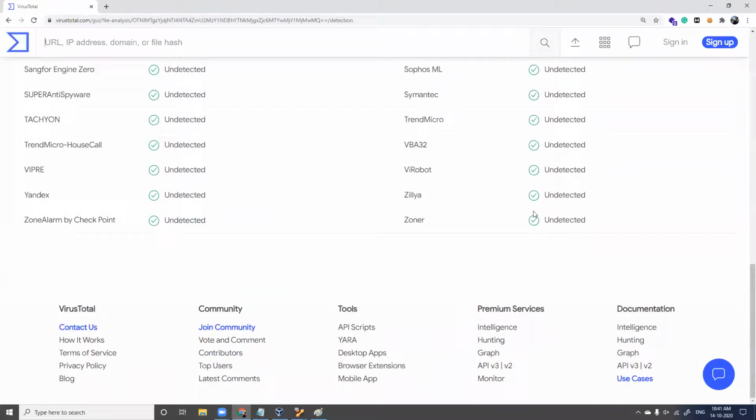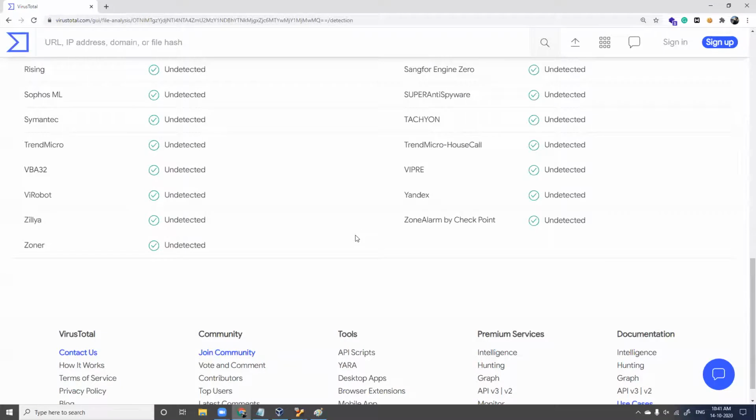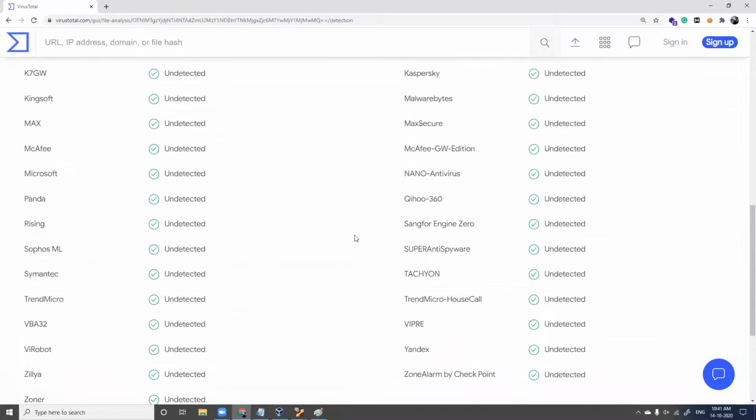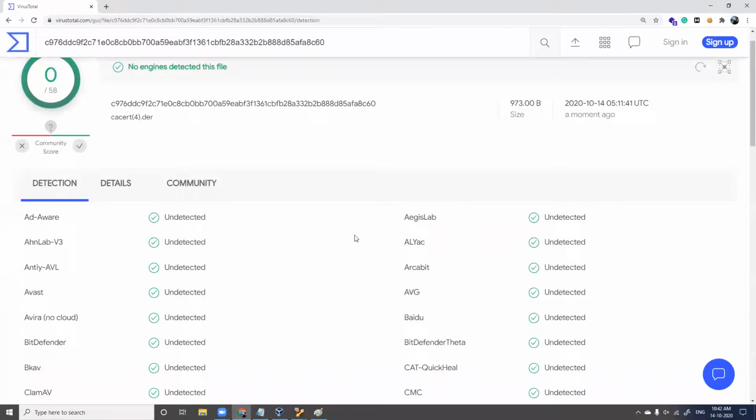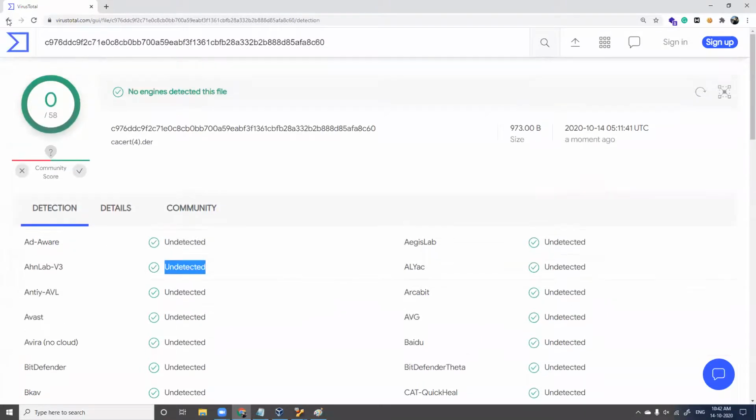It says undetected, which means the file is clean. Even if one engine says it is malicious or suspicious, it's a Trojan, then please don't download the file. It might be a malicious file. Fine. So virustotal.com can be used for this.